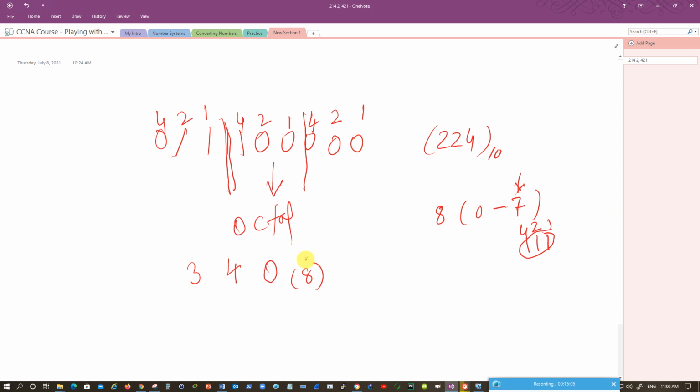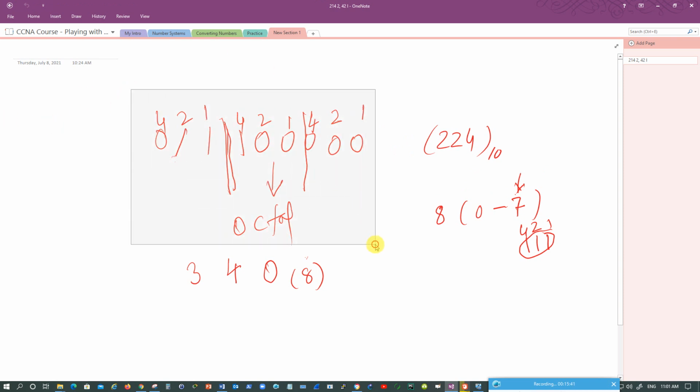You see this? In decimal you're saying 224. In octal, this is like using different languages. Something pronounced in Hindi or any other language, you're referring to the same thing but in a different way. So in the language of octal this is 340. In the language of decimal it is 224. So if you want to convert the same number to hexadecimal, it's very easy. You just try to delete this one.